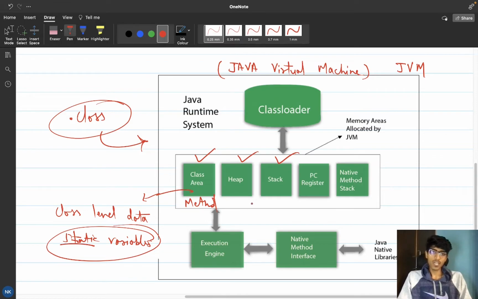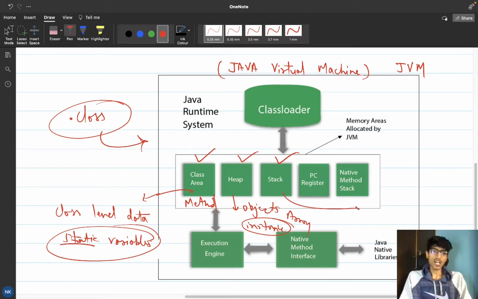After that we have the heap area. Inside the heap area mainly the runtime data is stored, in which the objects are allocated. So what we can understand here is that mainly objects are stored here. Whenever we create an object, it is stored here. Also, one more thing: our instance variables are also stored here. As we know, our instance variables are related to our objects, that's why these are also stored in the heap area. One more thing to understand: in Java we know that arrays are objects, so these are also stored here. Okay, so these three things are stored in heap memory.